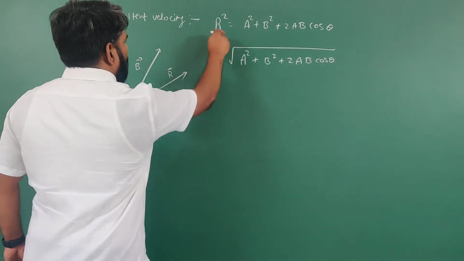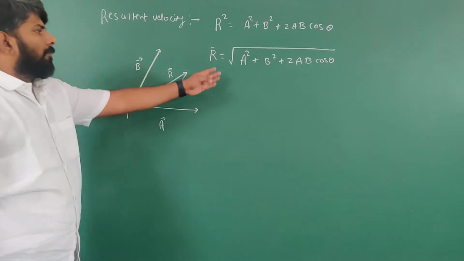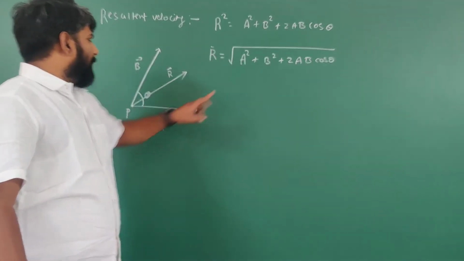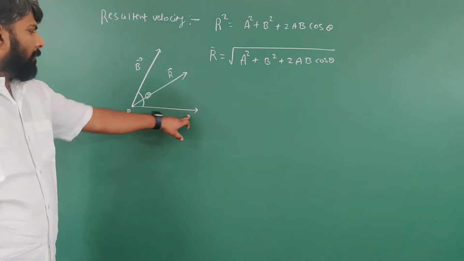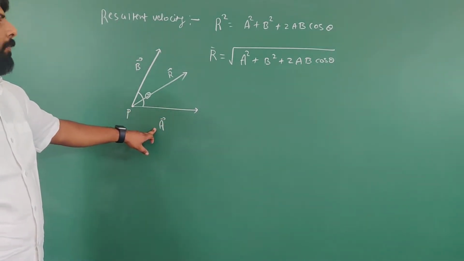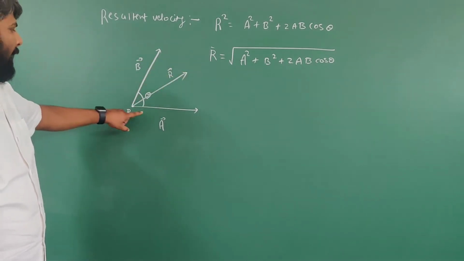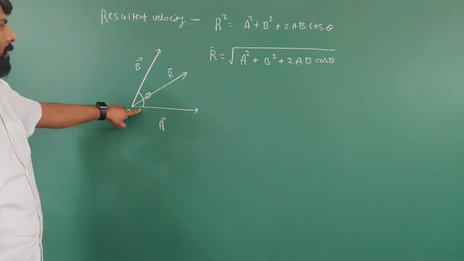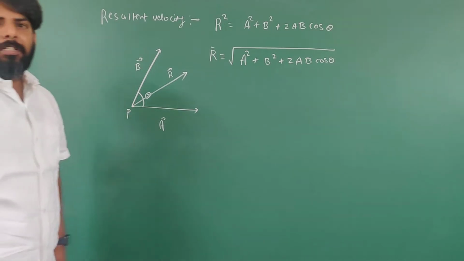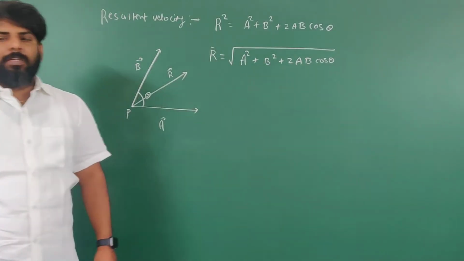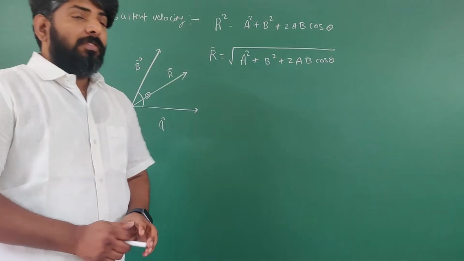R bar is equal to root of a square plus b square plus 2ab cos theta. Here a means magnitude of the vector a, b means magnitude of the second vector, theta means angle between these two vectors. Got it? Formula r equal to root of a square plus b square plus 2ab cos theta. Generally,